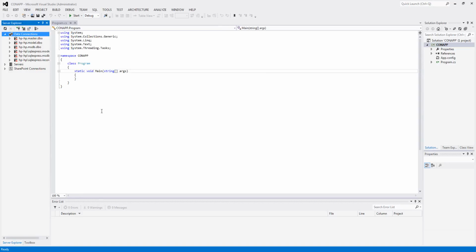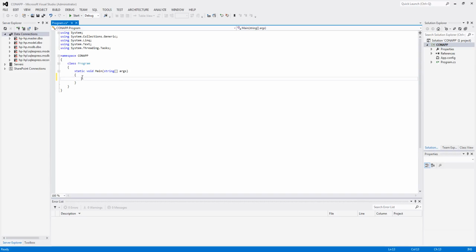So let's go ahead and I will tell you what this is. This one is a namespace. If you have worked in Java earlier, you have to import packages. Here we have to import namespaces, but we do not use an import keyword. Here we use the keyword using. This is required to make your program work. This one is the name of your project, this one is the class, and this one is the main function. The starting point of your program is this main function. The program starts executing from this main function.